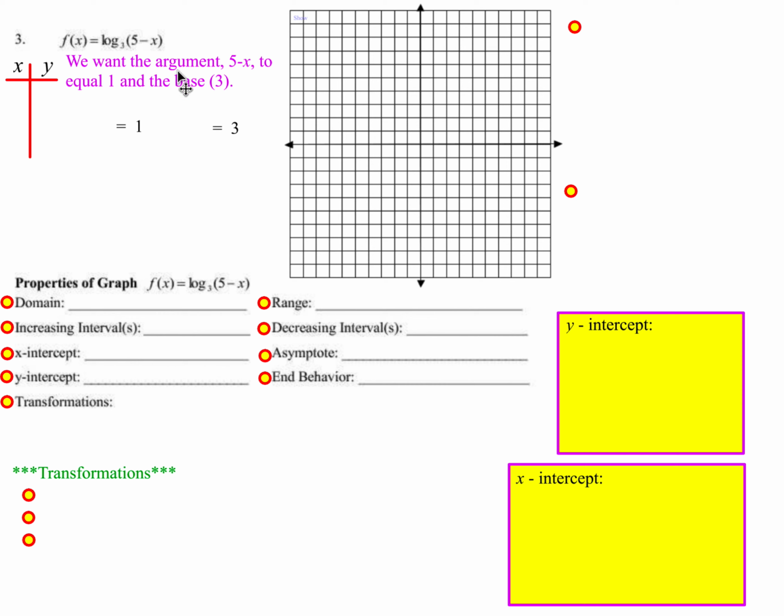Well, we always want the argument, so what's in the parentheses there, to equal 1 and the base of our particular logarithm. So in this case, the base is 3. So the two equations we're going to set up, we're going to take the argument, 5 minus x, and make it equal 1 and make it equal 3. Okay. So when we want that to equal 1,